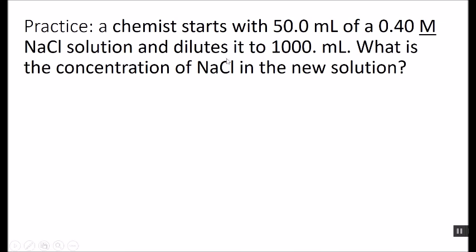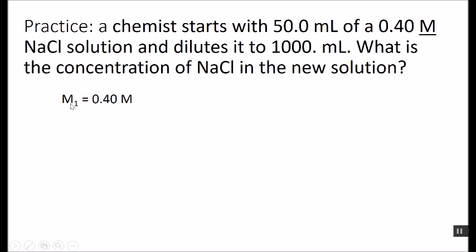Let's say you have 50 milliliters of a 0.4 molar salt solution. So you take that 50 milliliters and dilute it to 1,000 milliliters. What is the new concentration that you've prepared? What's the dilute concentration? So what we're going to need to start with is look at all the different pieces